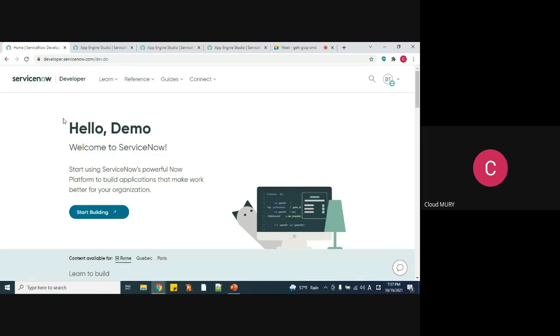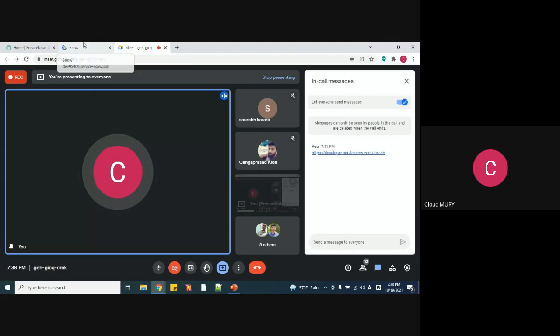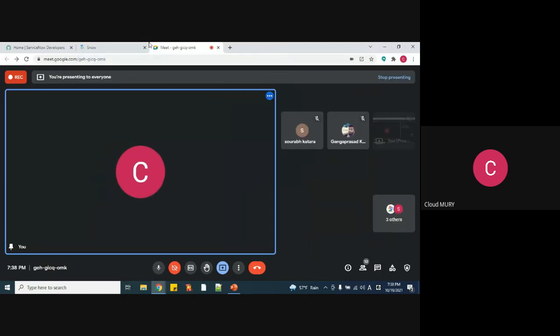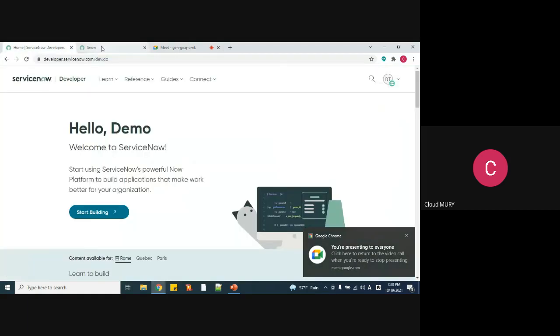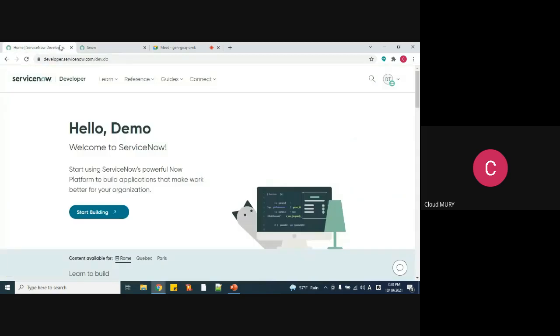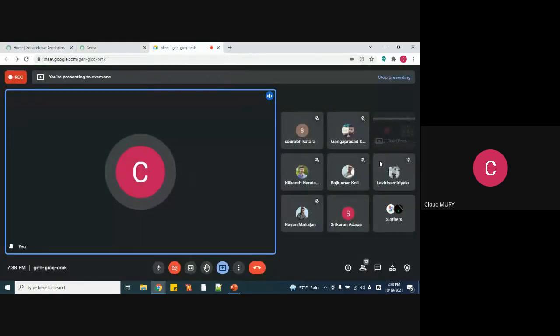Now I will request you guys to go ahead and create the instance for yourselves and sign up. Those who have logged in from a computer, at least they should do it. Yeah, I have signed up and also verified my mail ID. Okay, then I'll share the guide over here. Yeah, you can share the screen so that everyone will get the idea.